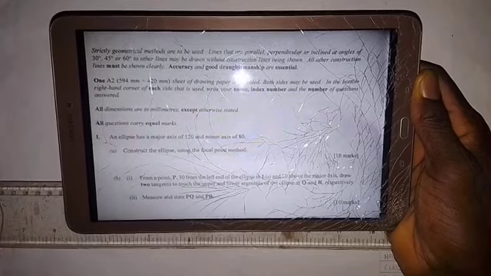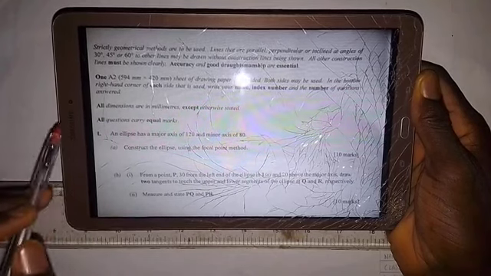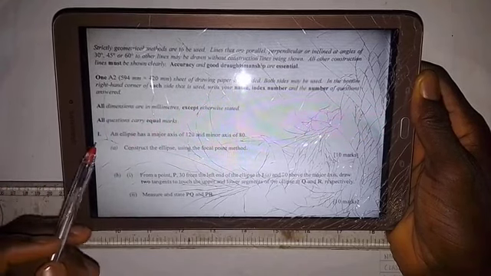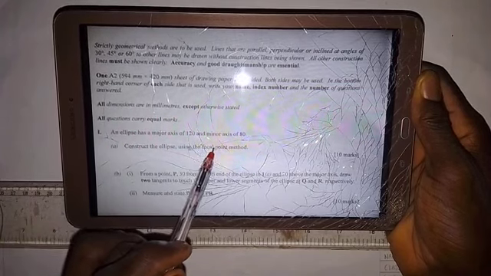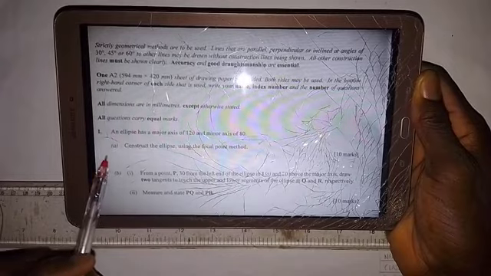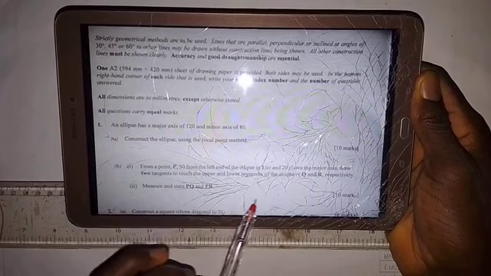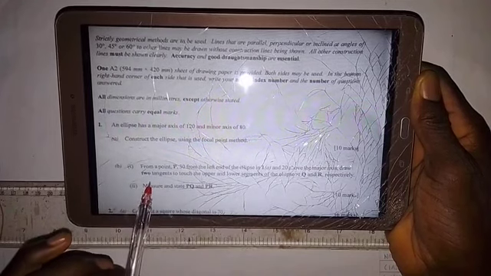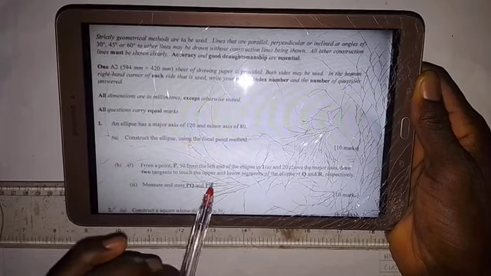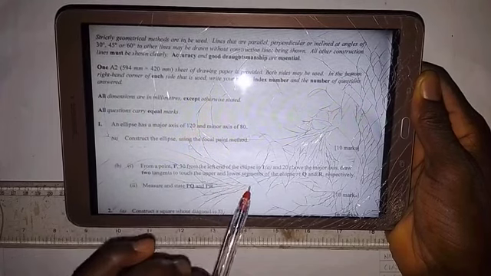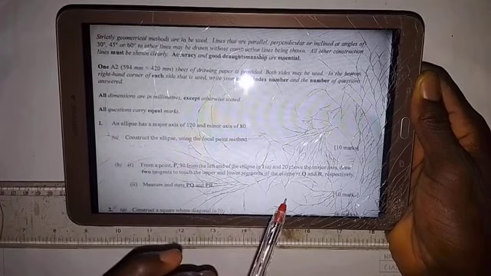When I go to my channel, here we want to solve this particular question, question 1. It's an examination question, and it says that an ellipse has a major axis of 120 and minor axis of 80. Question A says that we should construct the ellipse using focal point method, and question B, Roman figure 1, says that from a point P, 30 from the left end of the ellipse in question 1A, and 20